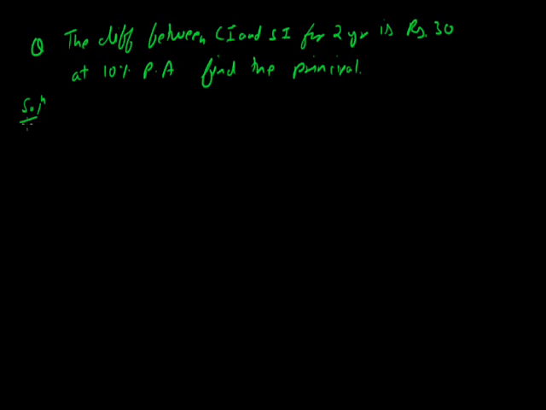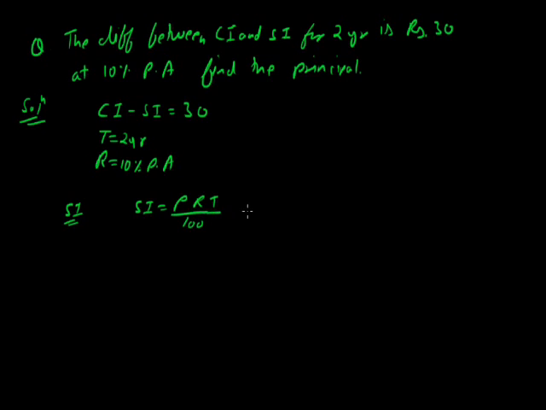So what is given to us? We are given that the compound interest minus simple interest, the difference, is 30. The time period is 2 years, and the rate of interest is 10% per annum. So let's see the solution. Now first we find the simple interest. The formula for the simple interest is PRT by 100. Now put the values. In place of P we write only P. In place of R I write 10. Time period, that is 2, divided by 100. So 0 and 0 get cancelled, 2 into 5. So the simple interest is P by 5.